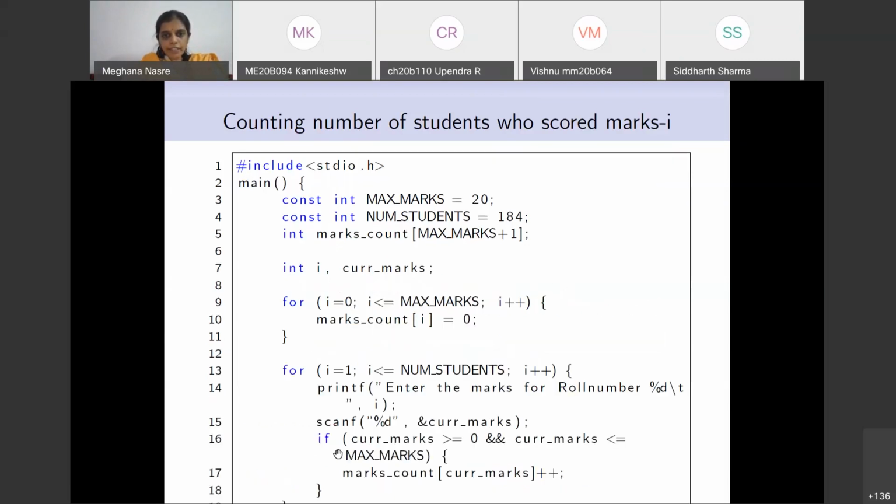With our discussion, somebody else had also pointed out in the chat that maybe we should check that the marks the user is entering are within the range that we want.